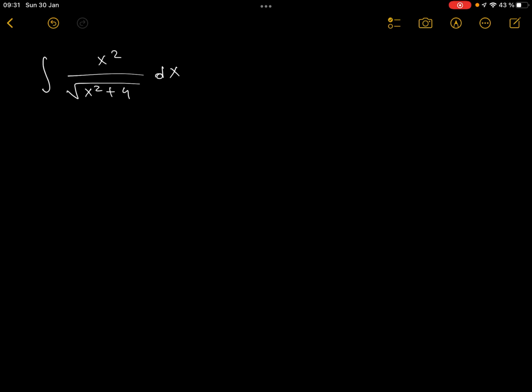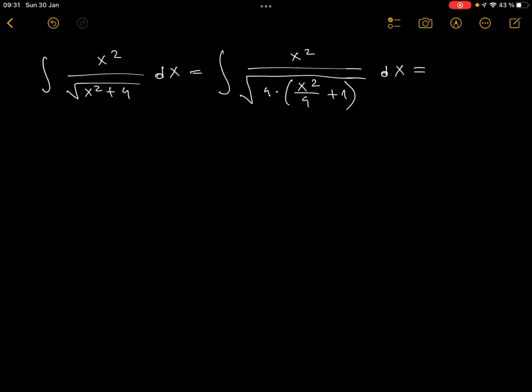So hello everyone. Today we're going to be doing a nice little integral problem. Namely, we're going to be doing the integral of x squared over the square root of x squared plus 4 dx. Okay, so first of all, what I would like to do is rewrite this subintegral function in a slightly more manageable manner. So over the square root of 4 times x squared over 4 plus 1